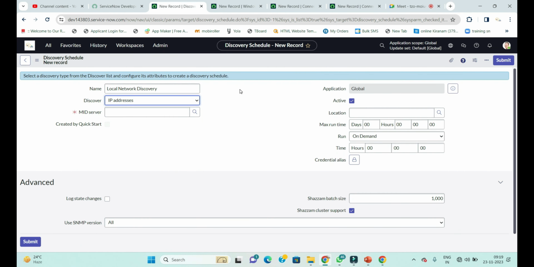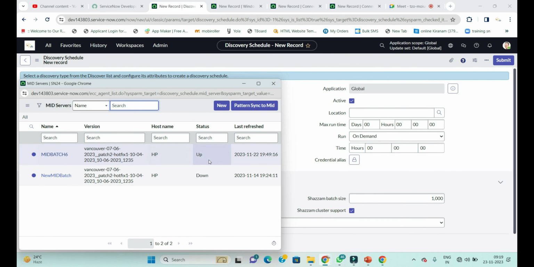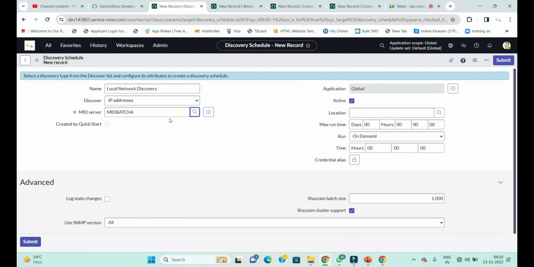I'm going to mention that in this mid server, which is the active mid server. I'm going to check that the up position is there, and select this mid server, right? And location will also be there. What is the meaning of location? For example, I need to mention,